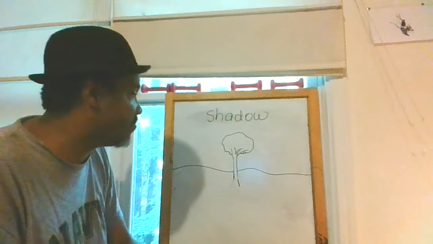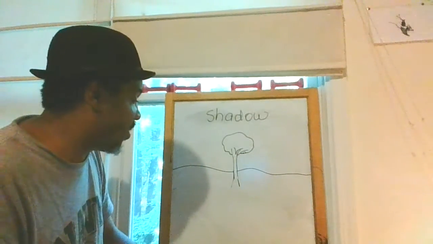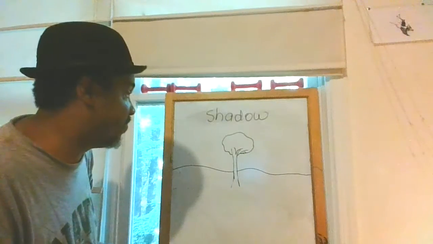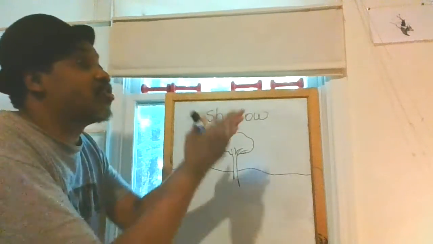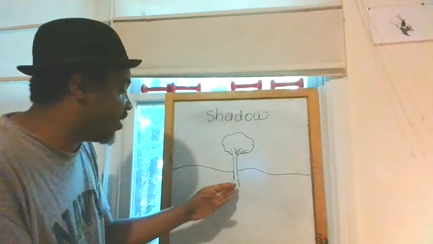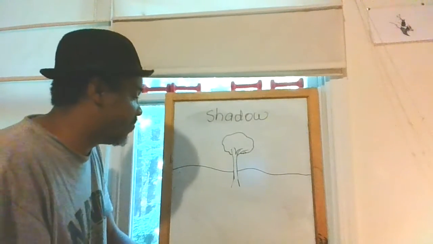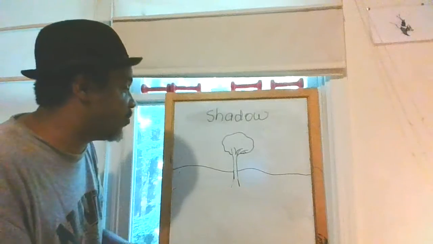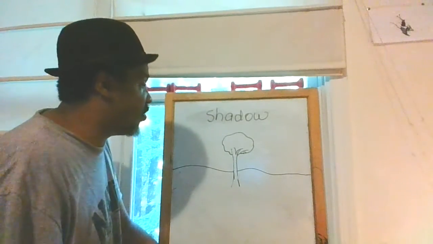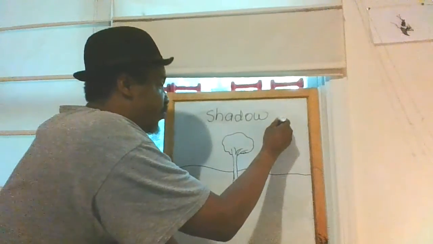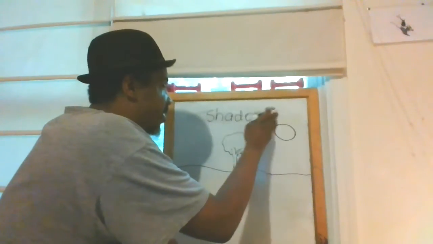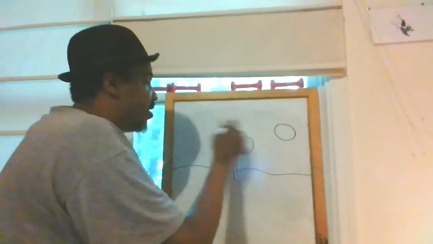Correct. It is opaque. And because it's opaque, light cannot pass through it. As a result, light is going to go around it, and it's going to leave a trail of where the light couldn't go through, instead of where the light went through. So what we're going to do is put my light source, my sun, here, and it shines